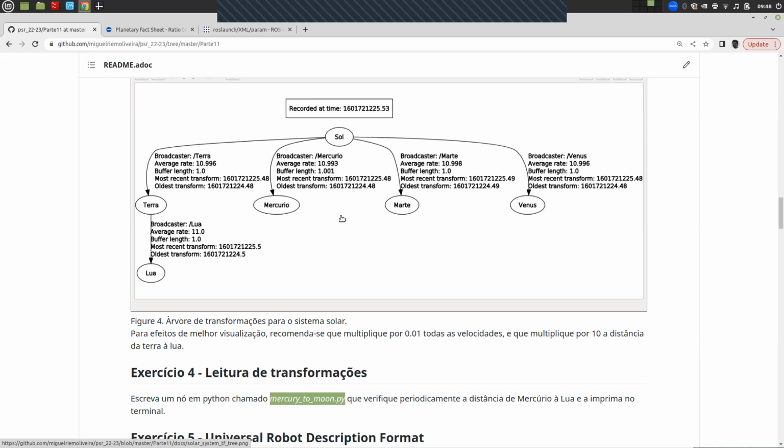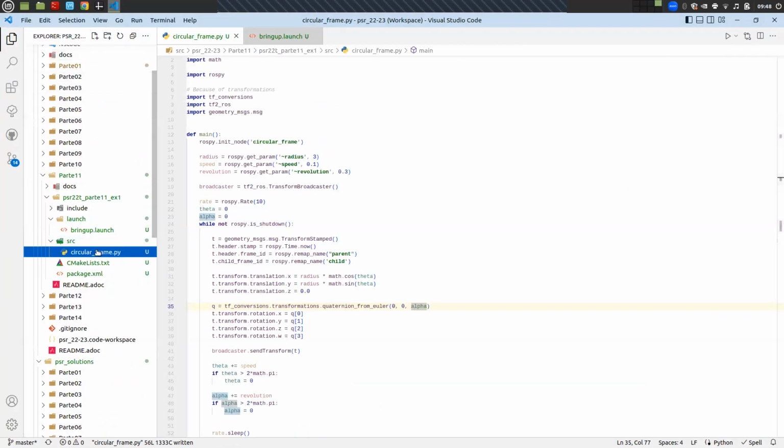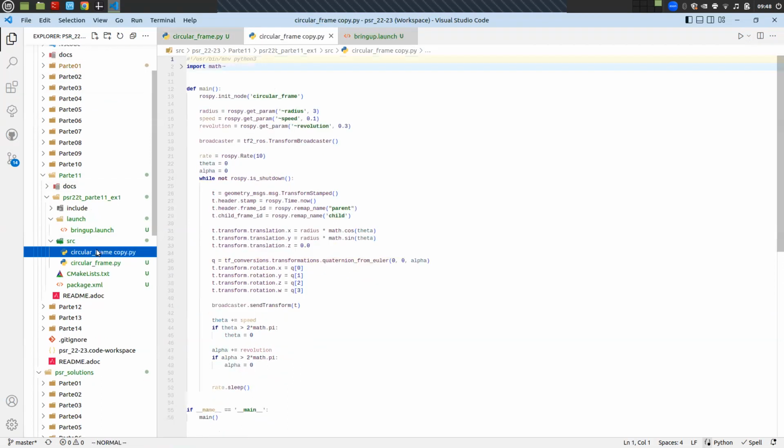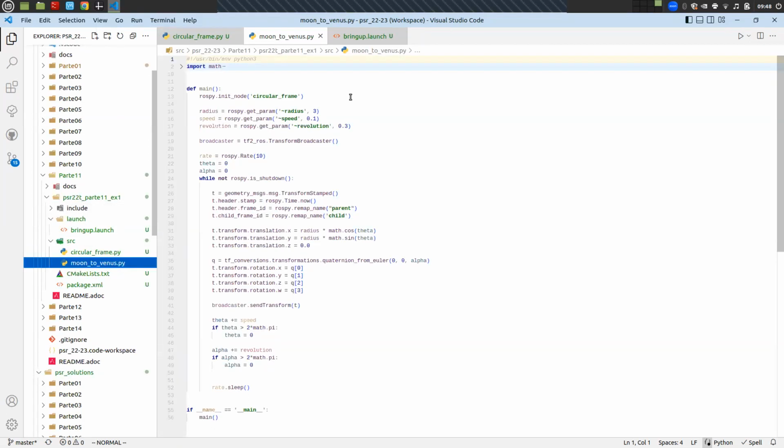So we want to measure the distance between the moon and Venus, okay? So we want to listen to a transformation. So I'm going to copy paste this one. I'm going to do the listen moon to Venus. I'm going to call it this. And